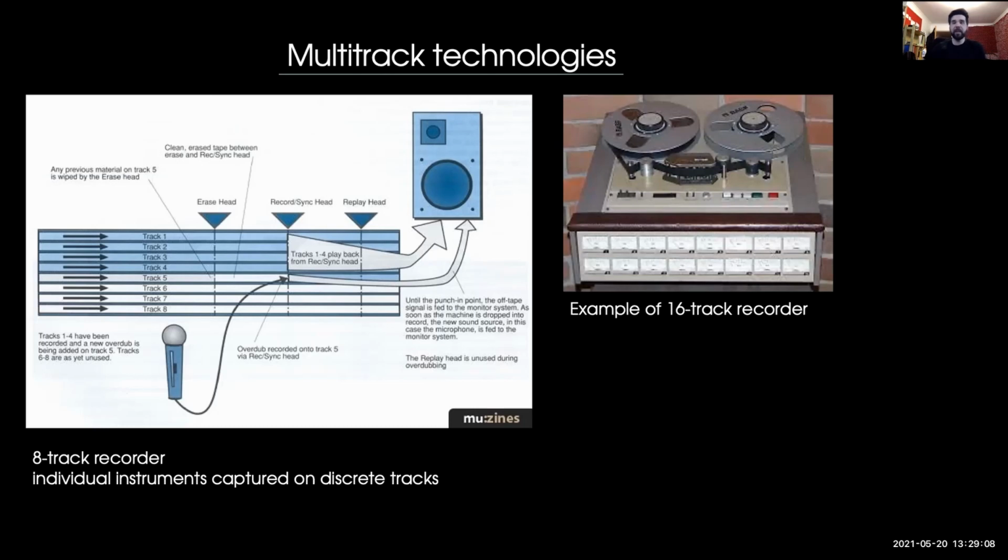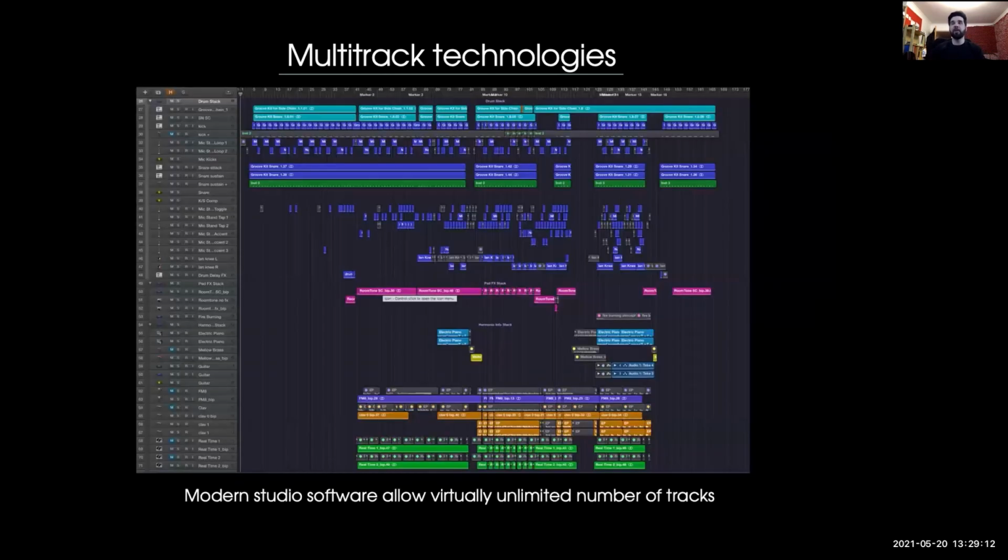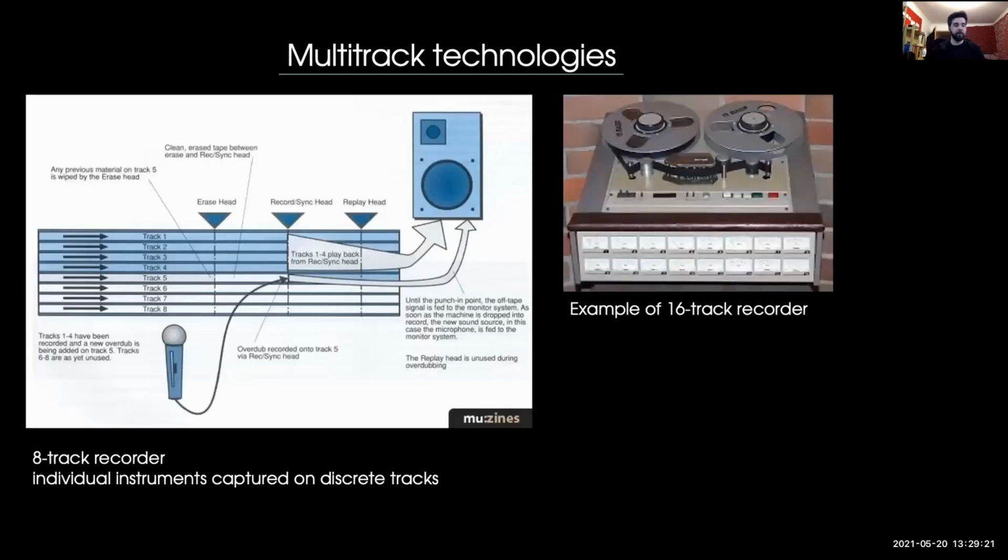I mean, it's worth saying as well that nowadays this seems extremely archaic, and of course modern music software allows a virtually unlimited number of tracks. So again, it is to an extent the limitation that gives birth to creativity. So one of the